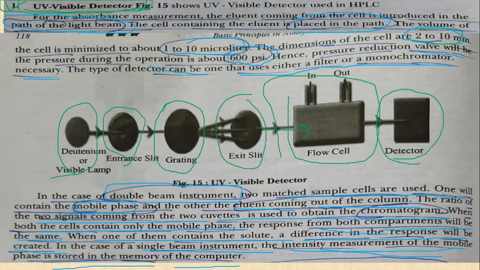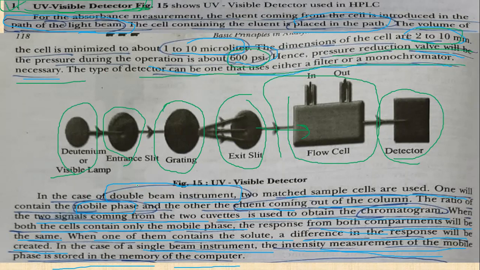Okay, the pressure during the operation is 600 psi, and that cell, or the detector, should withstand this much pressure. That is very important. Hence a pressure reduction valve will be necessary over there. Okay, the type of detector can be one that uses either a filter or